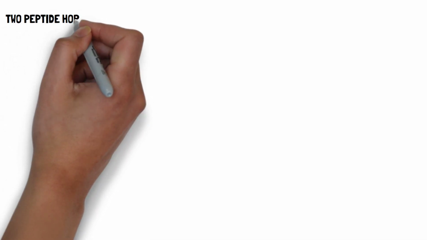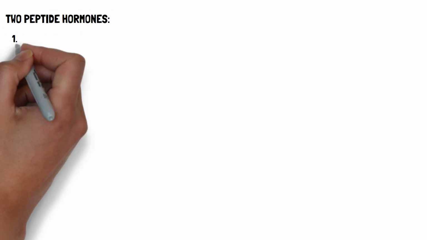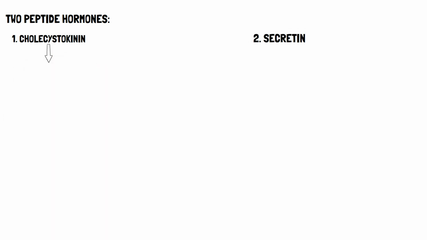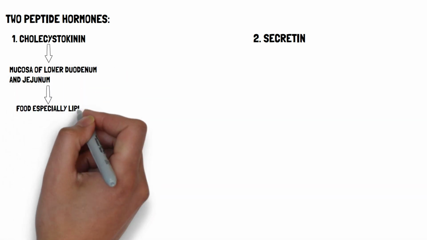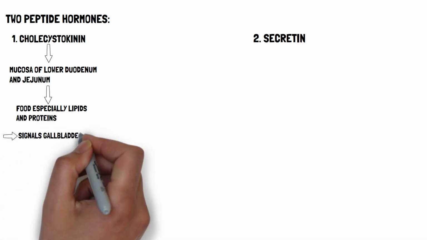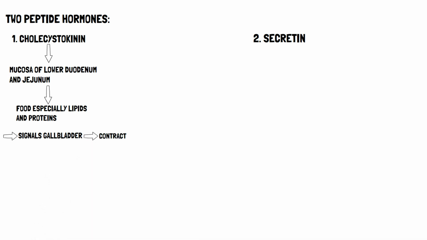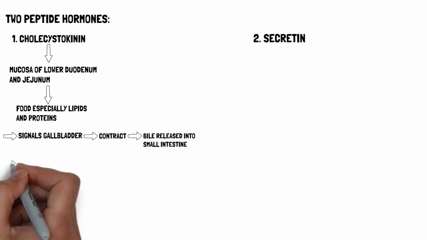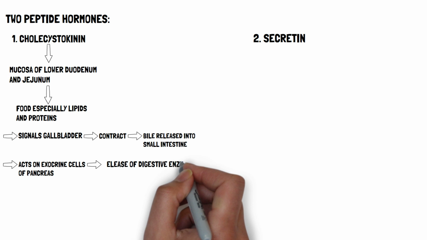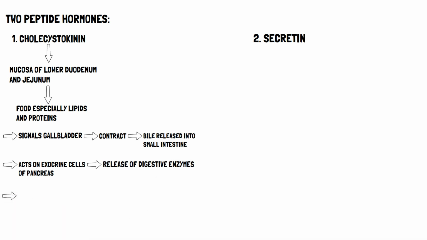There are two peptide hormones that play an important role in digestion. These are cholecystokinin and secretin. Cholecystokinin is produced from the mucosa of the lower duodenum and jejunum in response to the presence of food, especially lipids and proteins. Cholecystokinin signals the gallbladder to contract, which releases bile into the small intestine. It also acts on the exocrine cells of the pancreas, causing the release of digestive enzymes. It also decreases gastric motility, which slows down the movement of food from the stomach to the small intestine, allowing more time